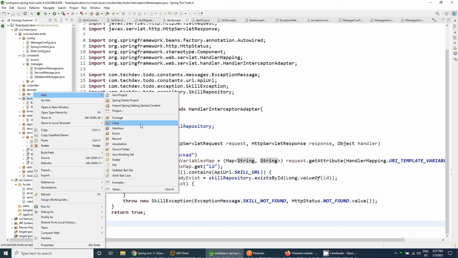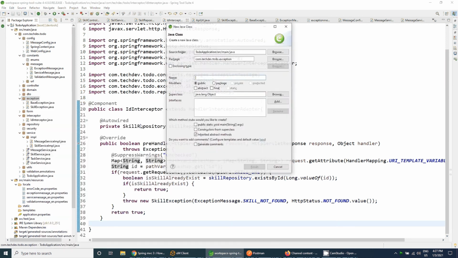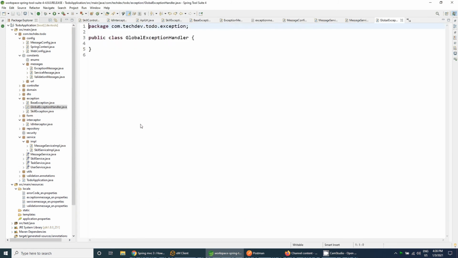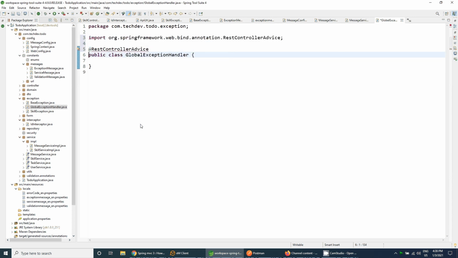So go to the exception package and create a new class, and the class name will be GlobalExceptionHandler. It will be used with a RestControllerAdvice, and it will extend the